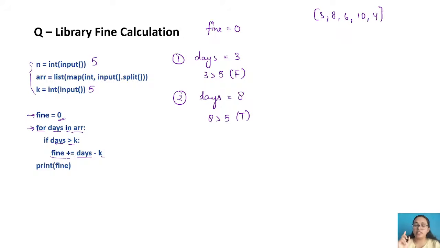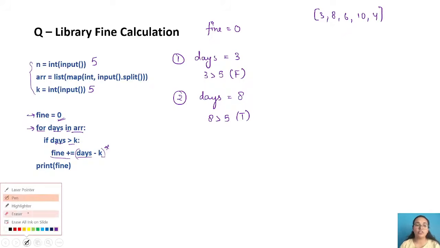Now see what we are doing here is, we don't even need to multiply it with 1 because it is just 1. So if the difference between 8 minus 5 is 3, obviously 3 is going to be the fine. But if there is a fine of more than 1, meaning it could be 5 units or 10 units or any number of units, you can simply multiply that number to this particular subtraction. Whatever you get will be added to your fine. I guess that is clear.